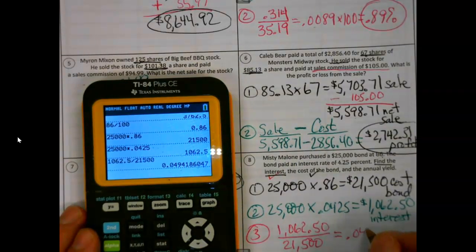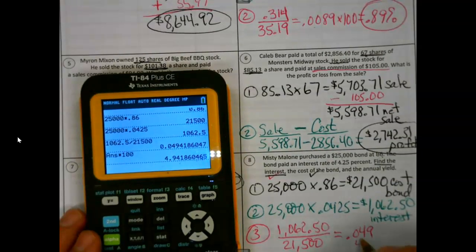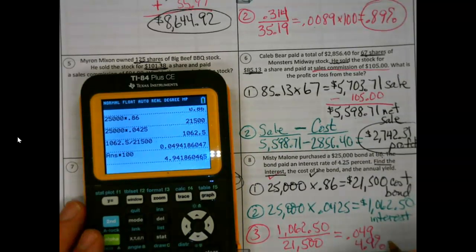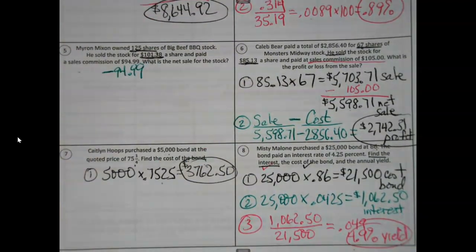So let's see, 0.049, multiply that by 100, 4.9%. 4.94 if you want to go further, would be my yield, which means as I'm holding this bond, I'm making 5% of my money back every year, and then